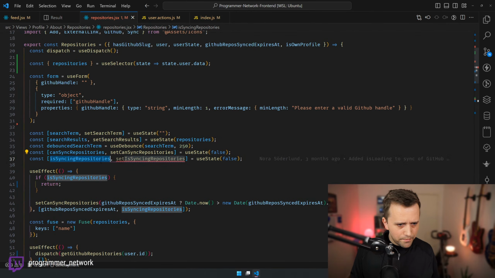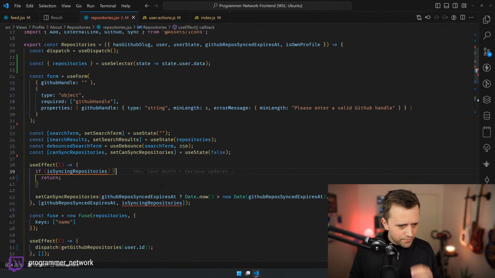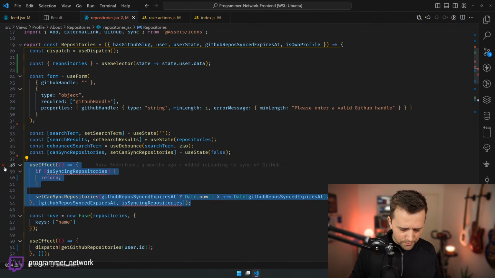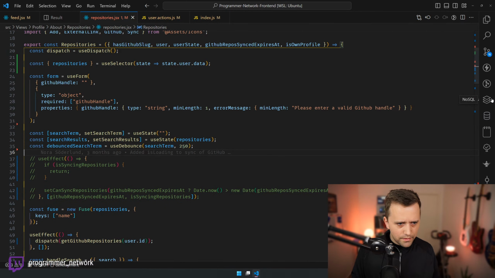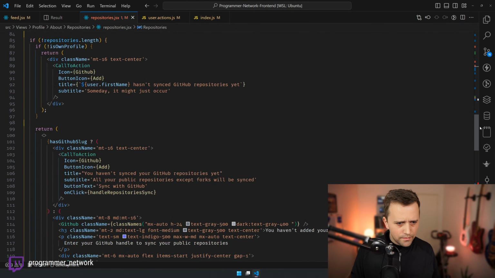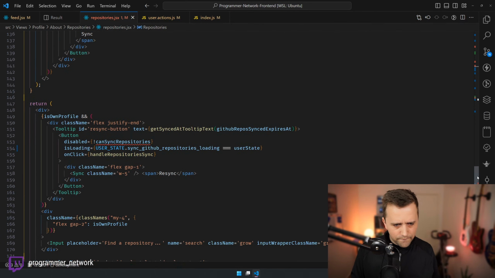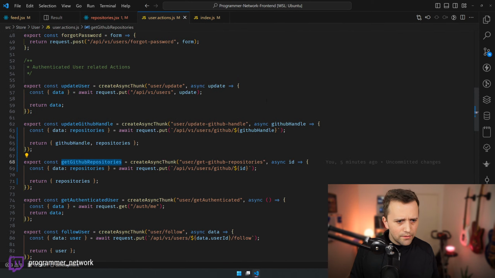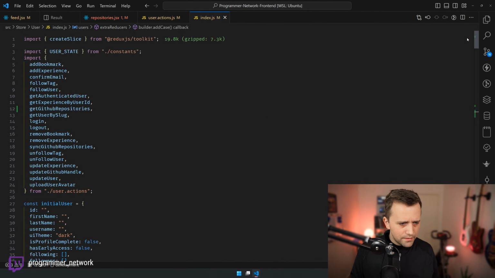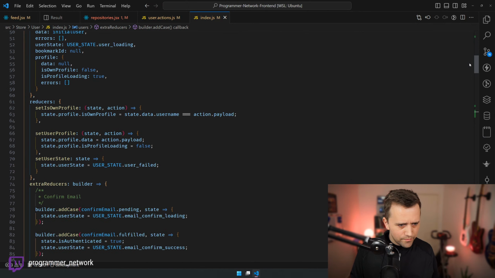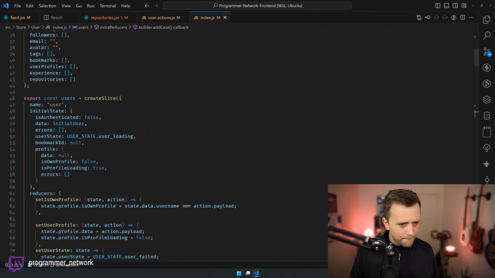Let's clean this up. Let's get rid of this. Let's comment this out. Let's remove this. And then let's kind of go back here. And then let's create another state variable.